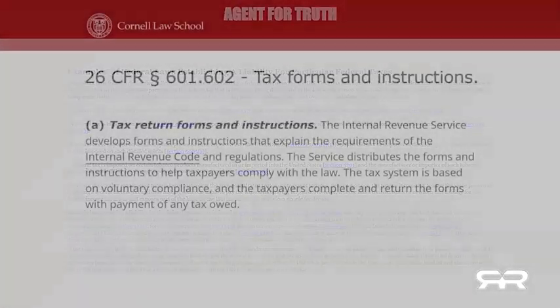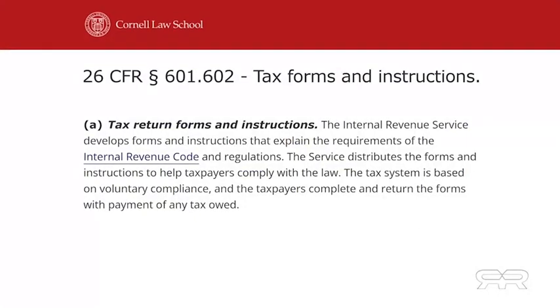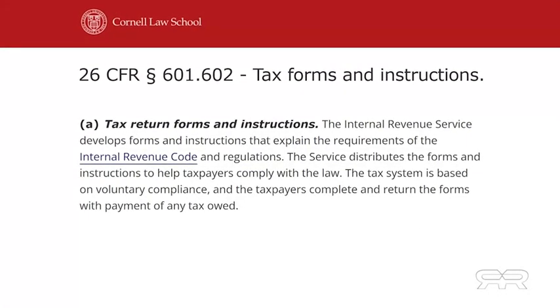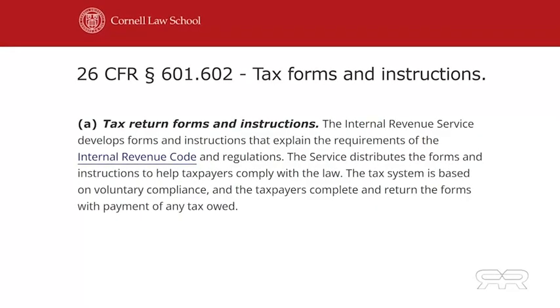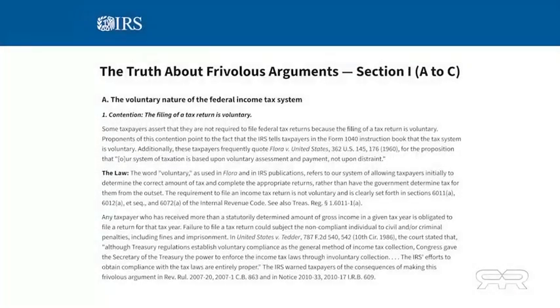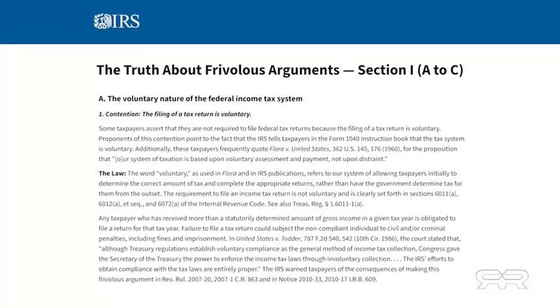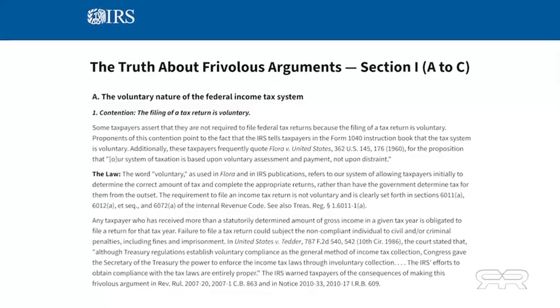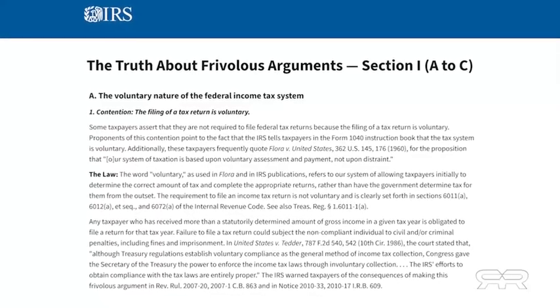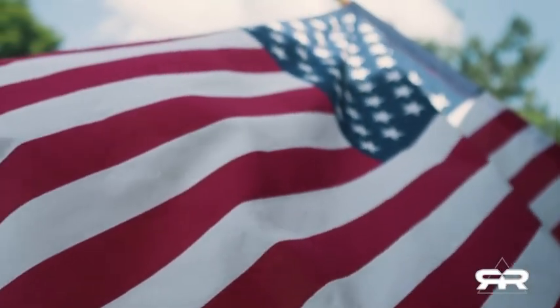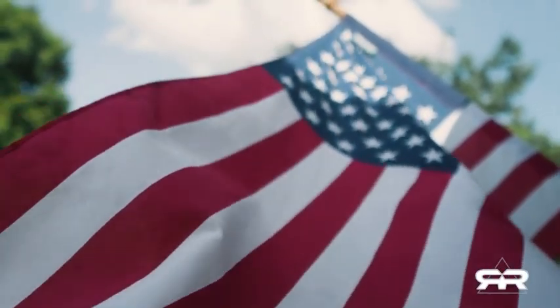And the Code of Federal Regulations, 26 CFR Section 601.602, states explicitly the tax system is based on voluntary compliance. The IRS counters that Congress gave the Secretary of the Treasury power to enforce these laws through involuntary collection if voluntary compliance fails. In 2026, while many Americans struggle to make ends meet and argue that the IRS is unconstitutional,